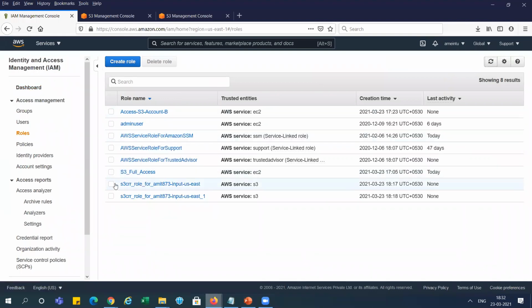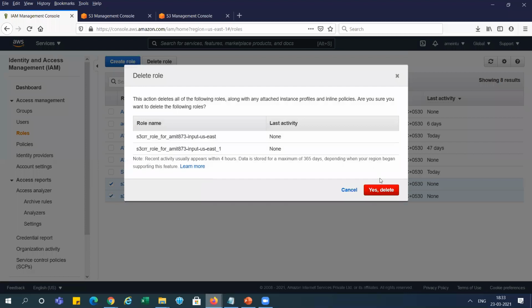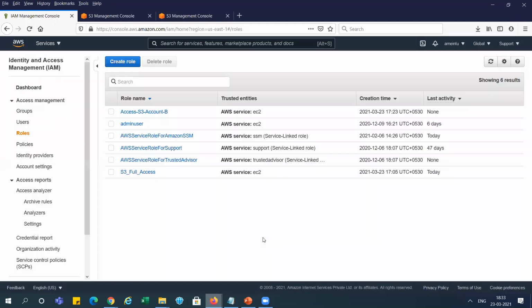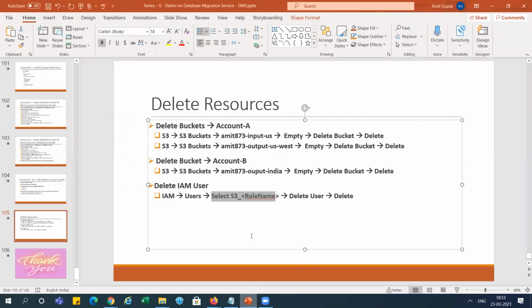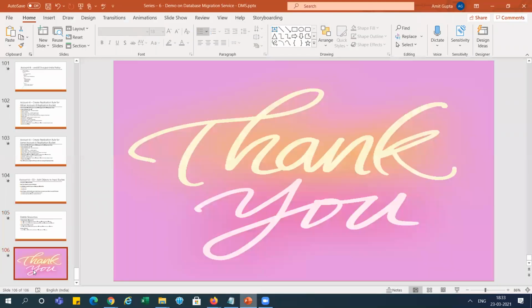See here, it is reflected for the 2 replication rules we created. So it is showing two things here, right? So I'm going to delete this one. Going and deleting it. It is deleted, right? So we have done this POC.